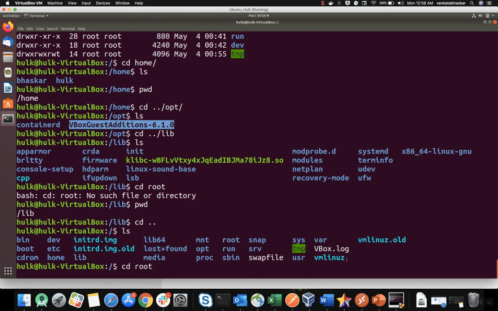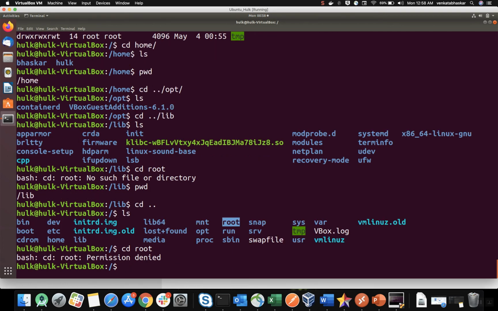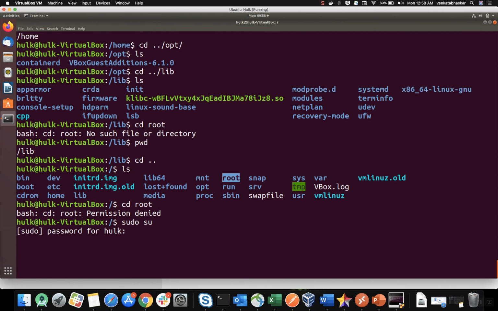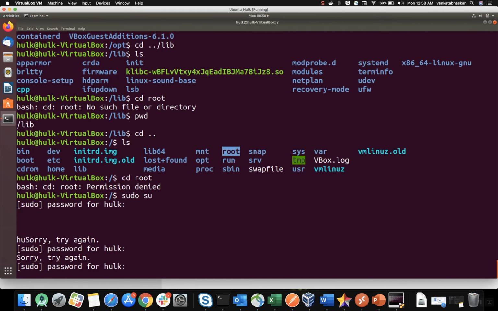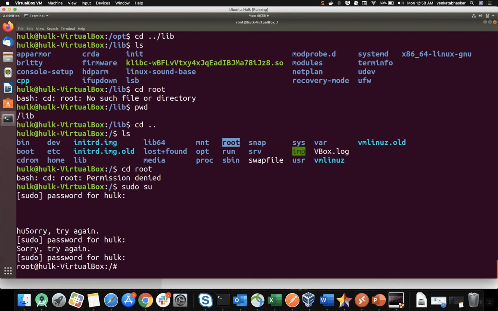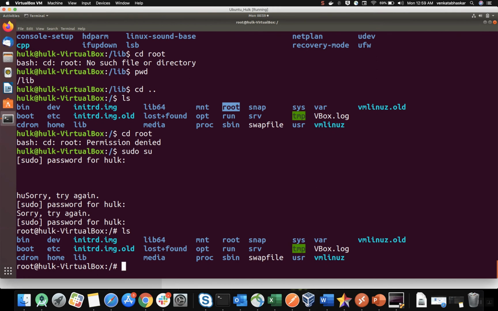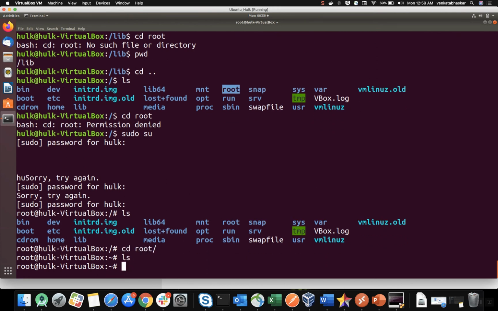Root. See here, this is my root, cd root. See, I'm getting permission denied. Why? Because my username is Hulk. Let me do sudo. I gave my password wrong. Okay, now I will do the ls command. Now see, I'm able to access the root directory.